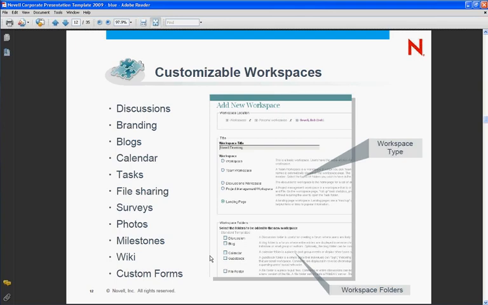They can choose between workspace templates that we provide out of the box. That's here at the top of the screenshot. And within those templates are a number of information types, and that's near the bottom of that screenshot. Those information types are discussions, blogs, wikis, file sharing, guest books, calendars, tasks. I think we have about 10 to 12 different information types that we deliver out of the box without any